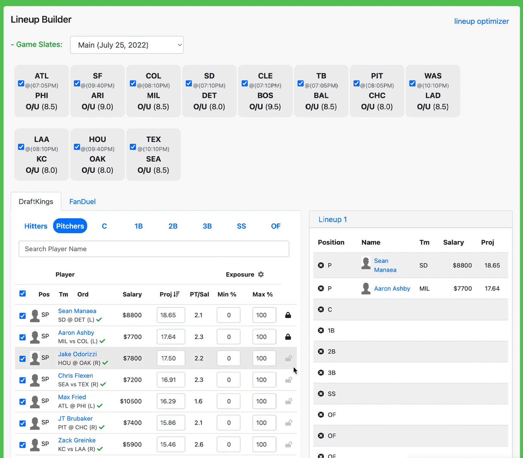Anyway, that's pretty much it. Sean Manaea and Aaron Ashby are my main pitchers, the main way I like to go for pitching today. Pitching is atrocious, so take your time, pick the right pitchers that you want to play, and go from there. I would actually be pretty happy if Odorizzi ends up being high owned, because a lot of times